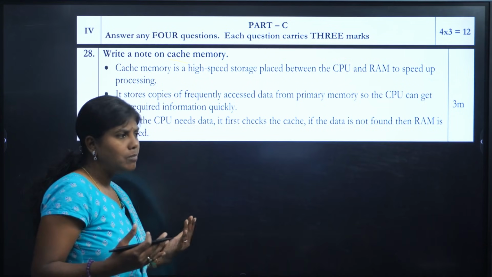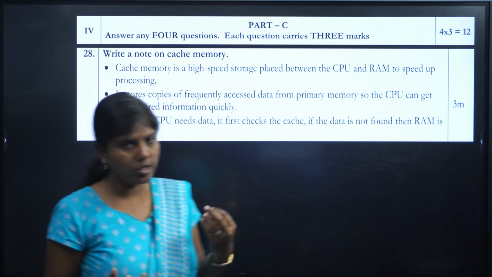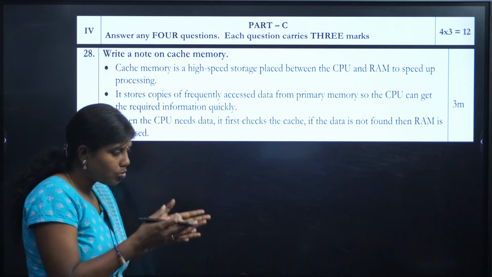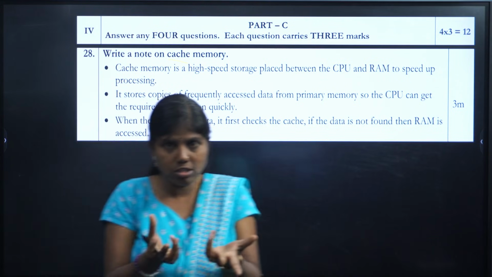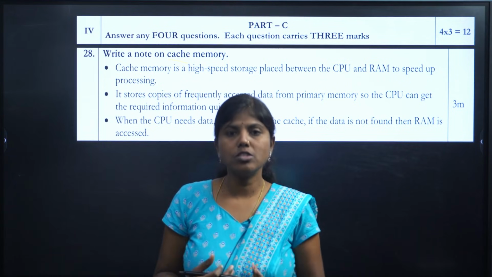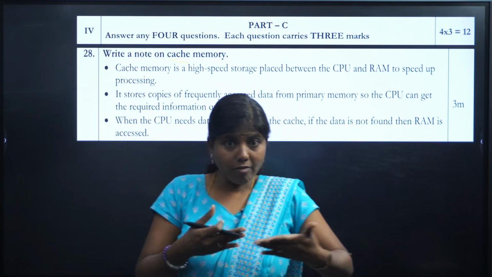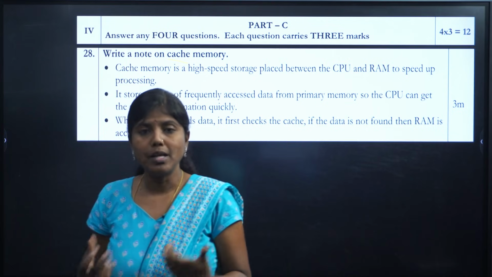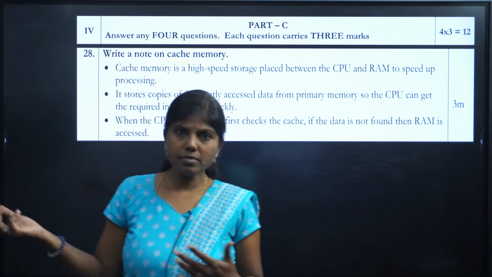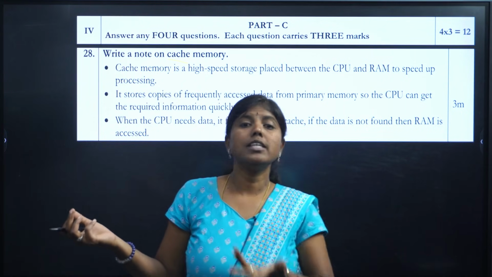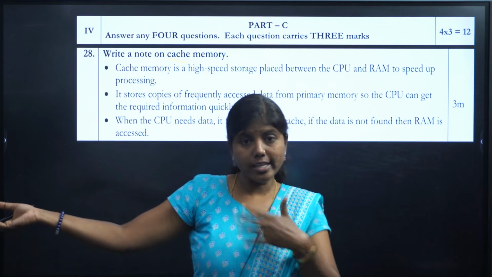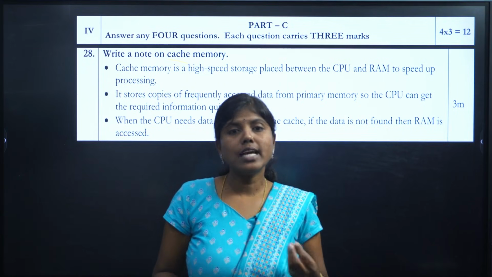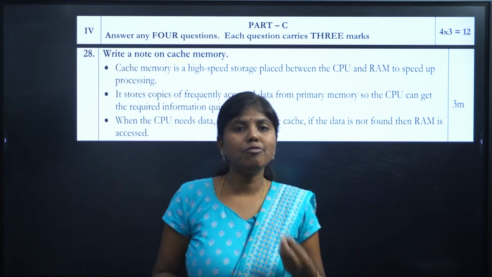And we have different types of cache, that is L1 cache, L2 cache, and then the L3 cache also. Here you can see the CPU first checks its registers. After the registers it checks the cache memory, and after the cache memory it checks the RAM. And then, if any data has to be fetched from the secondary memory devices, it checks those. But any data a CPU is accessing is basically from the RAM.